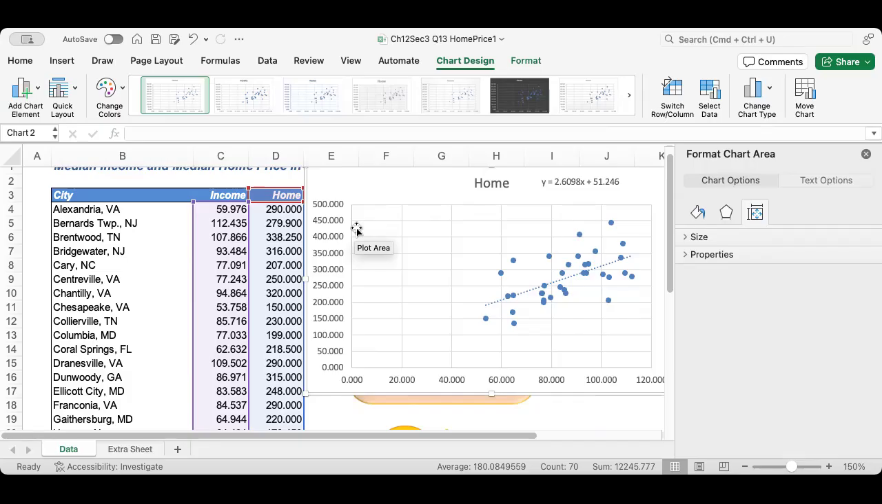It is the y-intercept. If I were to trace this line all the way back here, we should hit right there, just about 51,000. But I didn't extend the line. I can. So what if I were to say, let's pick an income level? I now go to,